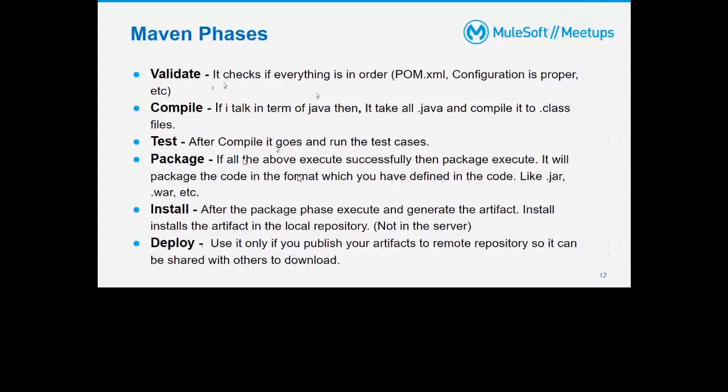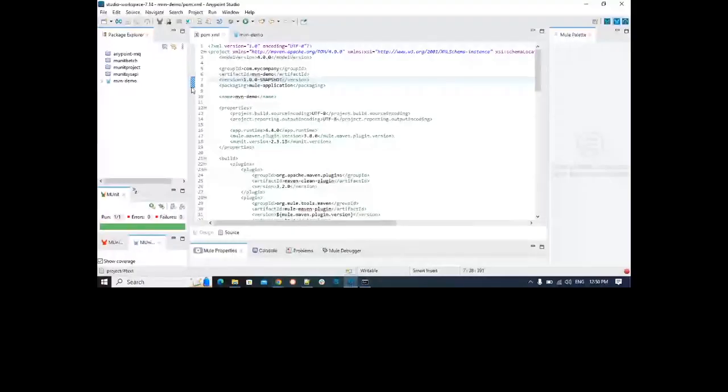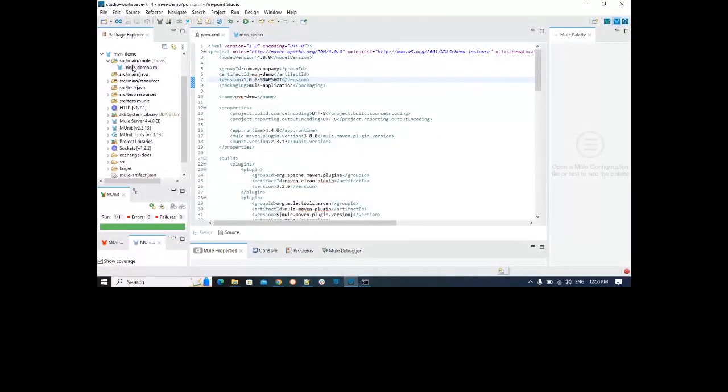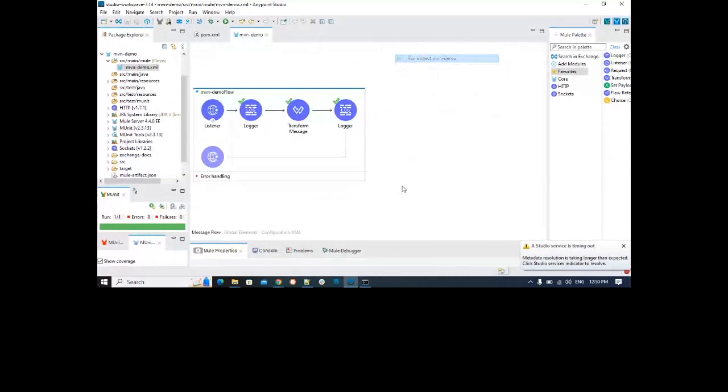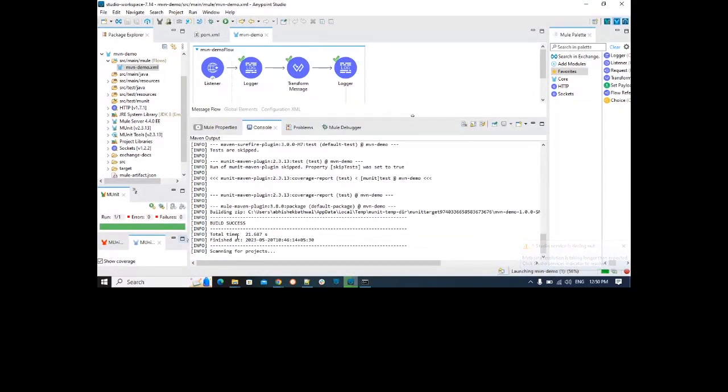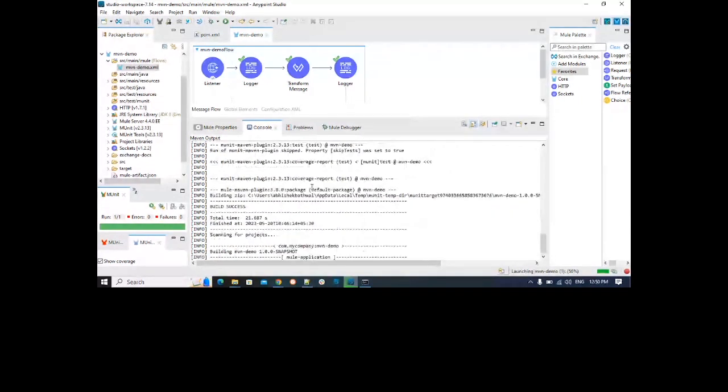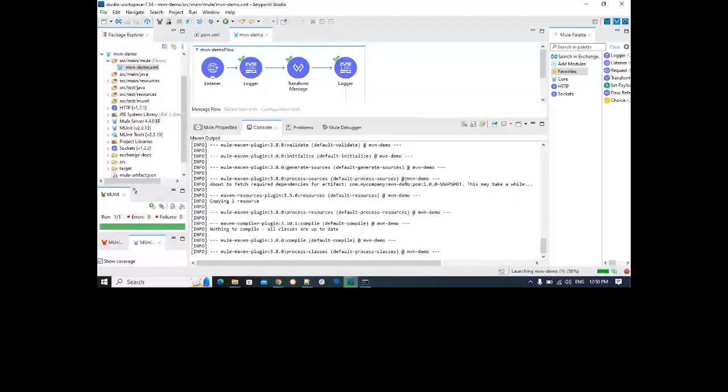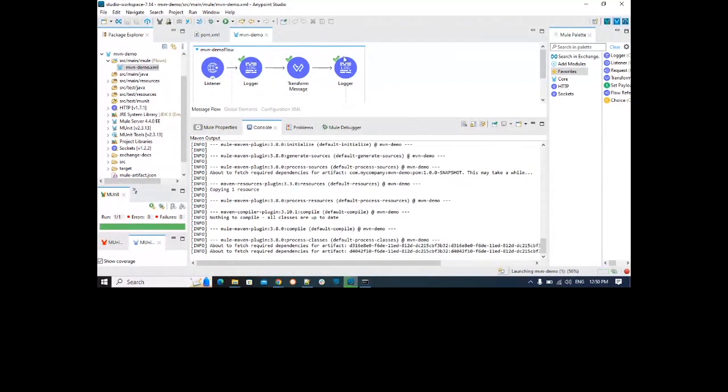That means it is compiling it to see if there is any issue. Like I have this application over here. If I run this, build success. It has compiled the application, checking if there are any project related